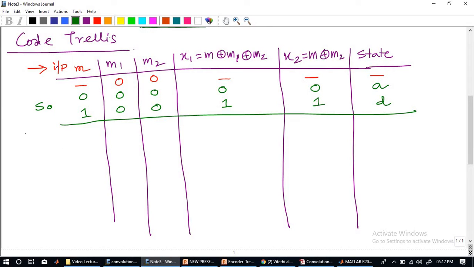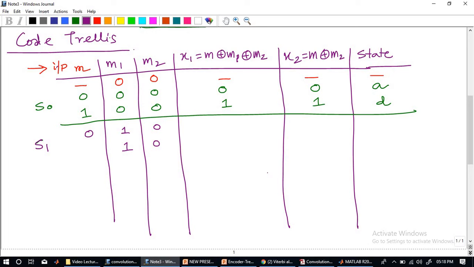Good. Now we will repeat this for the next sequence. Again, the state, so M1, M2 can have 0, 0, 0, 1, 1, 0 or 1, 1. These are the possible states it can have. So the second state, suppose we take as 1, 0. Suppose these are the states of M1, M2, and at that point the first element that comes in is 0.